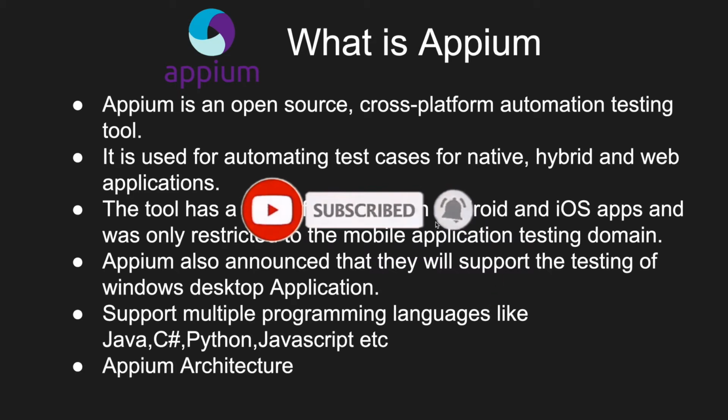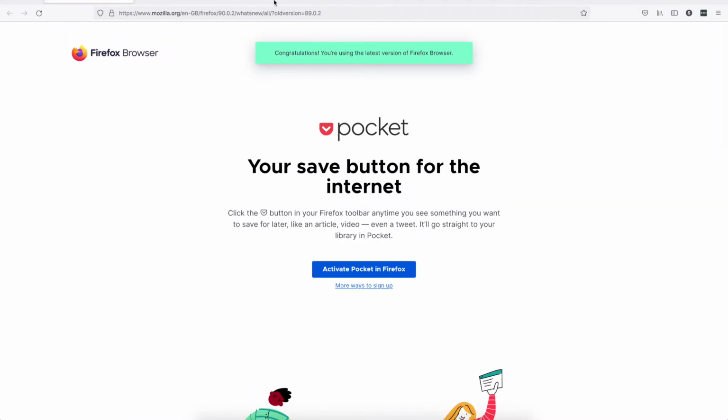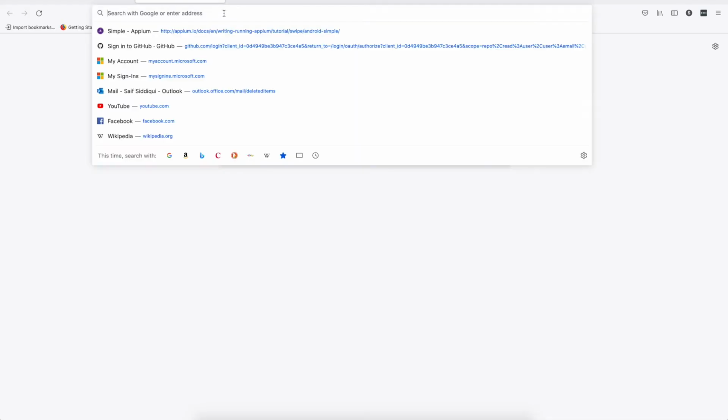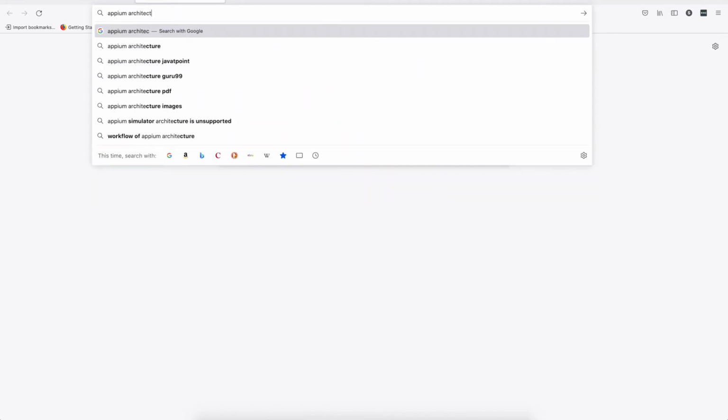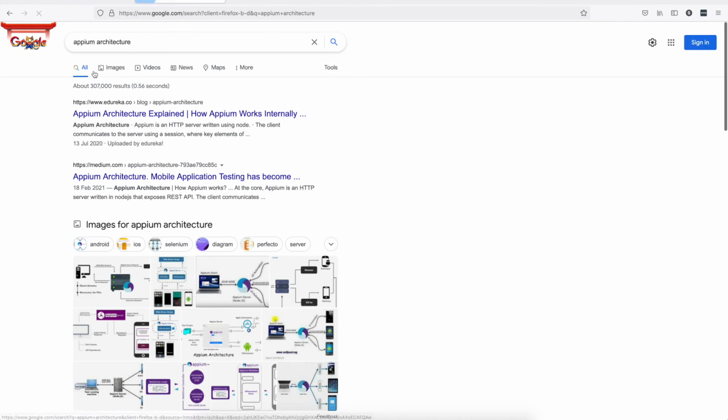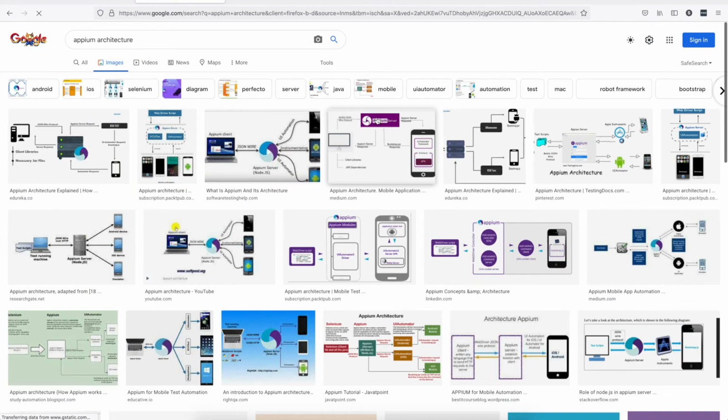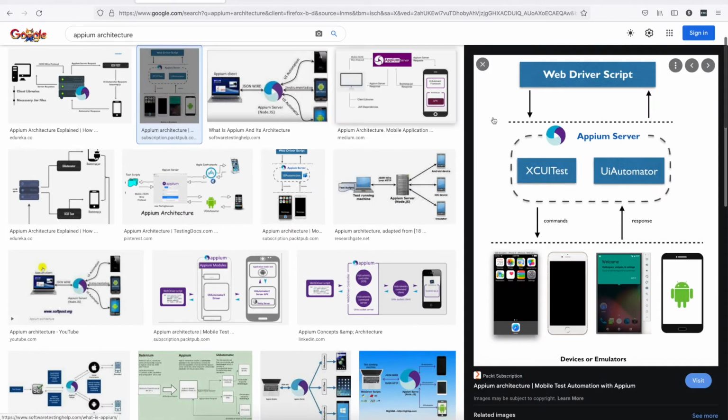APM architecture. So let us go and see the architecture of APM. If we search for APM architecture, this is the basic architecture of APM.